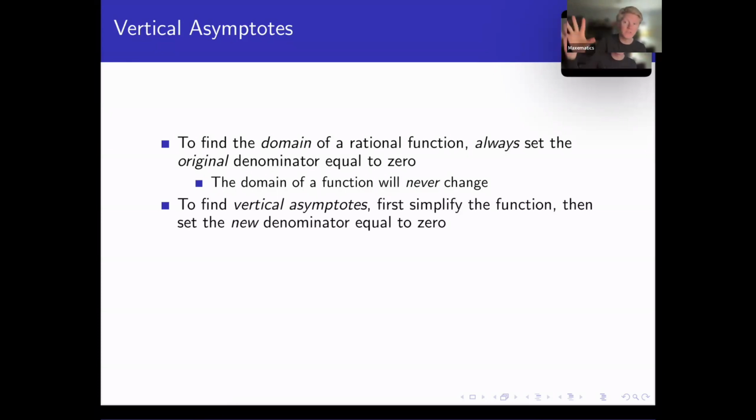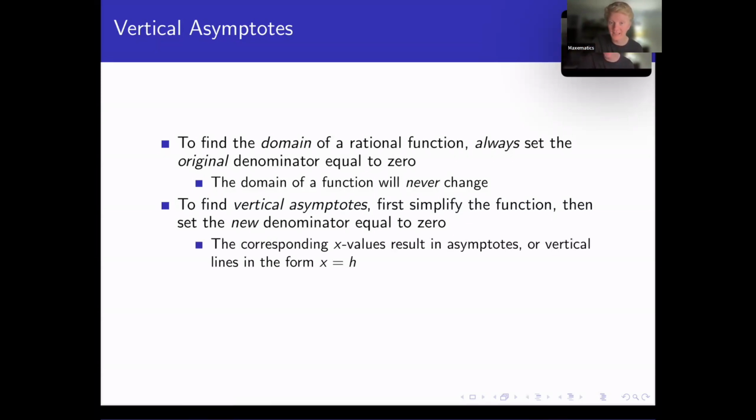So you have some original function, no matter what it looks like. Don't try and cancel anything out. To find its domain, simply set the denominator equal to 0. But when we're going to look for vertical asymptotes, start by simplifying. So you already found the domain, now you simplify. Okay, so after you simplify, set the new denominator equal to 0. And now those locations that you get for x will result in vertical asymptotes, specifically vertical lines of the form